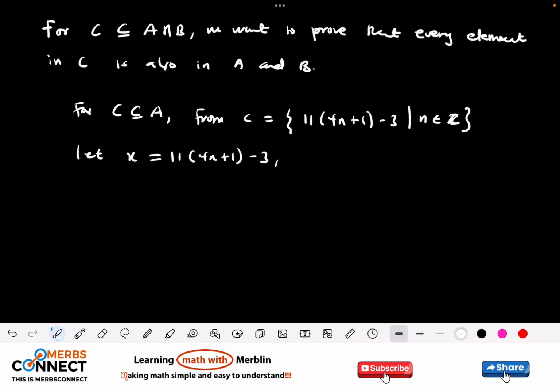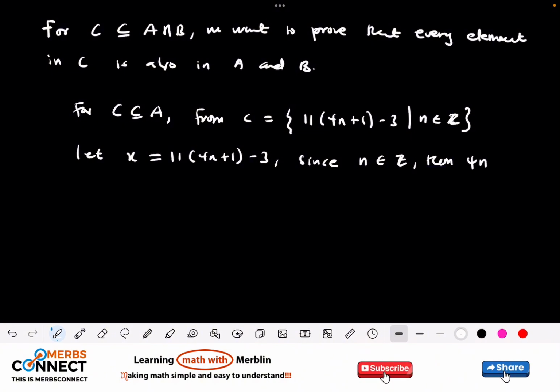Now we know that n is an integer. So since n belongs to the integers, then